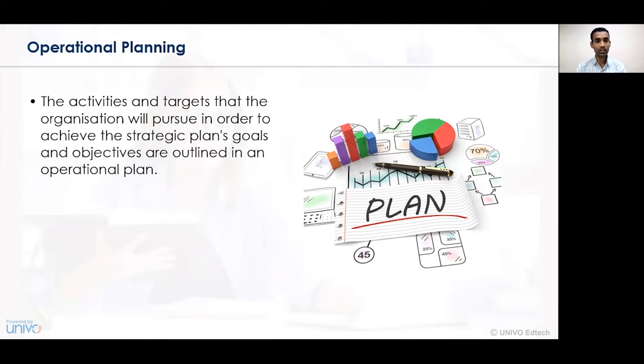So from this definition, we can understand that operations planning is a series of activities, a step-by-step procedure, that is step number 1, step number 2, step number 3. What are the various steps or activities that a company or organization undertakes to achieve a certain target, and that particular target is always a strategic plan which has been decided either from the short-term perspective or for the long-term perspective. So it is an outlined process of following a certain number of steps that the organization has to follow, and such planning is called operational planning.